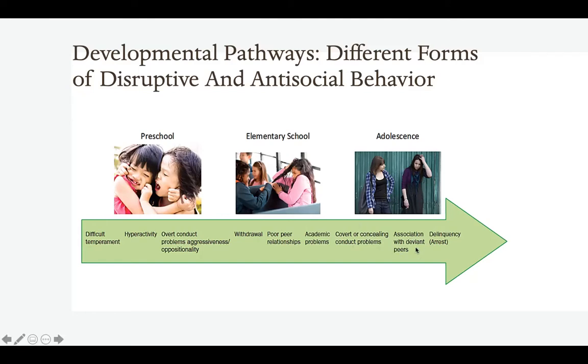They tend to associate with deviant peers, so hang out with people who perhaps will want to recruit them into early delinquent behavior. Actually, early maturing boys and girls are at more of a risk for recruitment into delinquent behavior by their peers. And then, of course, we look at severity increasing. So problems become more frequent and more severe throughout adolescence.